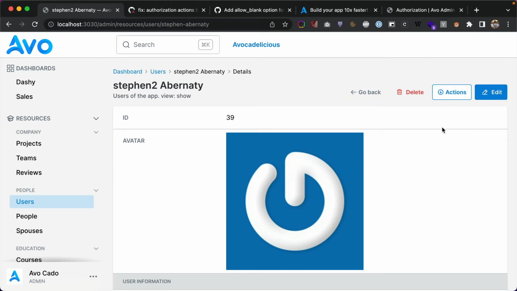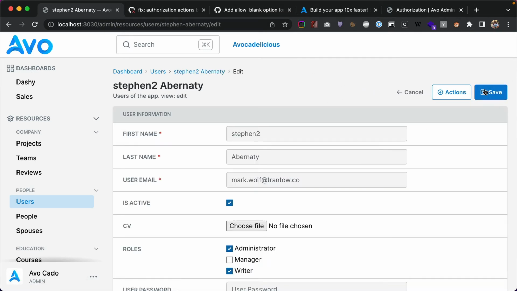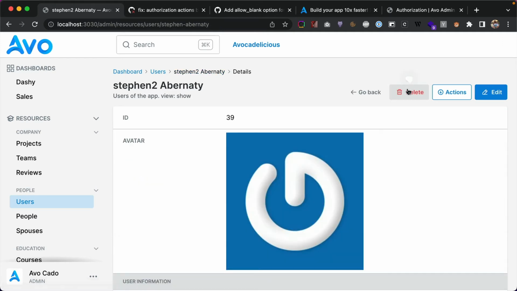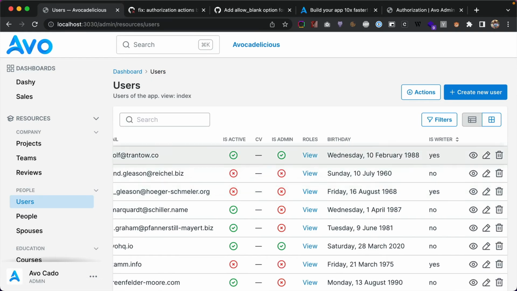I want to prototype at least this customization option. Maybe even on edit, you don't want a cancel button, but you need to bring toggle admin inside here. So I want to prototype that, and maybe rework this area as well. I know some of you asked for customization for this. You can hide them, you can toggle them using the Pundit policy methods, but you probably want a little bit more control. So I want to make that a little bit better and make this whole area a little bit